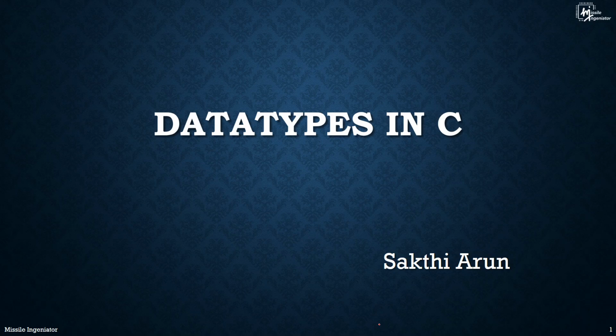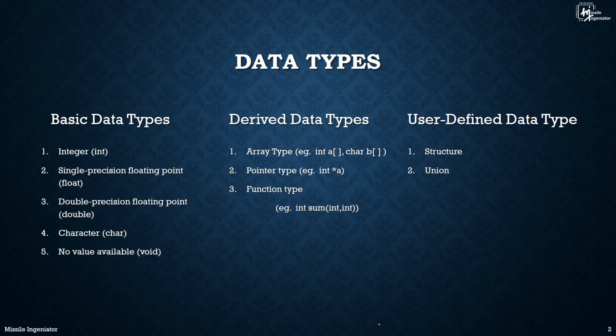So in this tutorial, I'm going to explain what the data types in C are. Why do we need data types in C? Basically, whenever you declare any identifier, you start it with some name, like A or B or A1 or missile engineer, whatever I explained in my previous lecture about identifiers. You can declare those identifiers as variables with the help of types in C. The data types include three kinds: basic data types, derived data types, and user-defined data types.